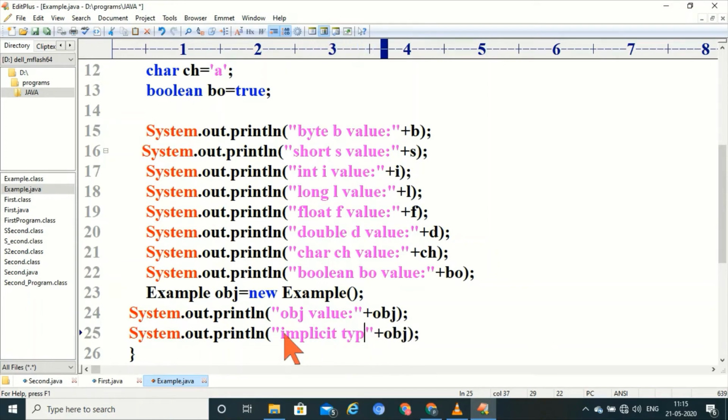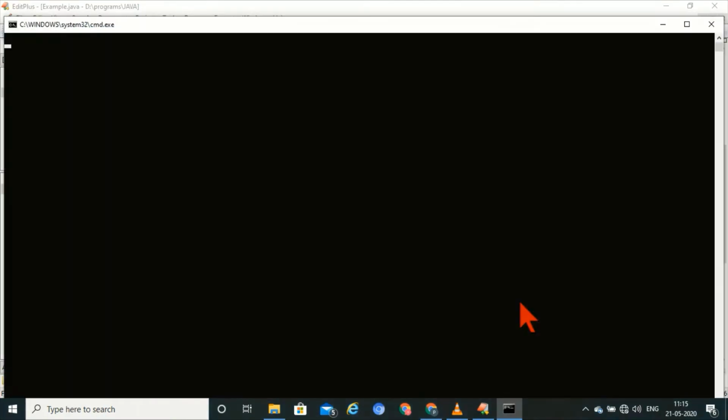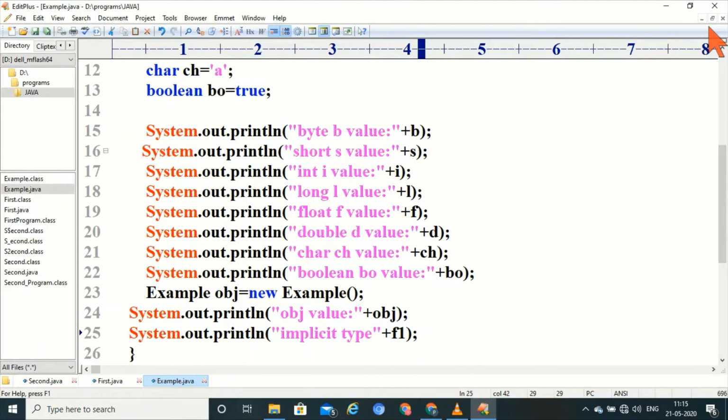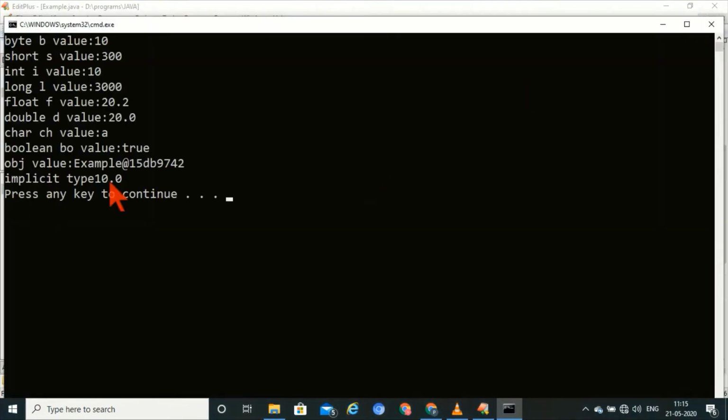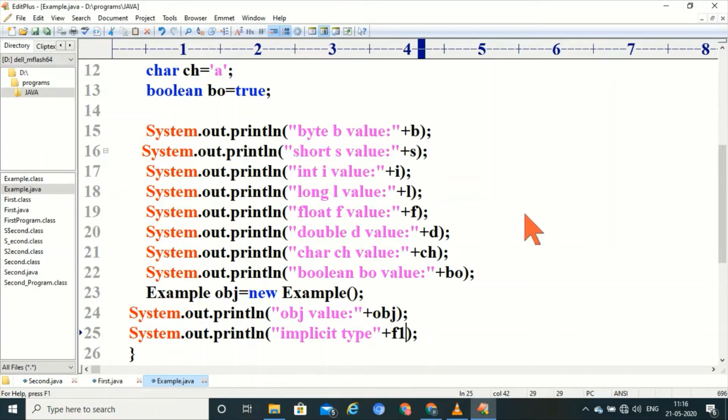Implicit type, control S, control 1, now control 2. Here implicit type, int value here 10. 10 is converted into the float value. This is implicit type conversion.